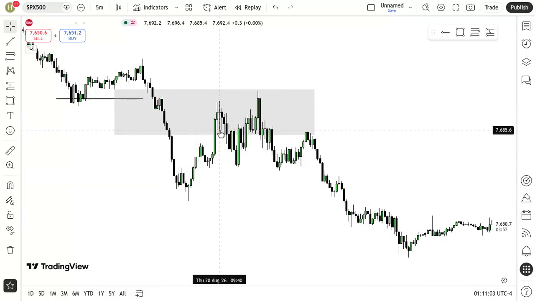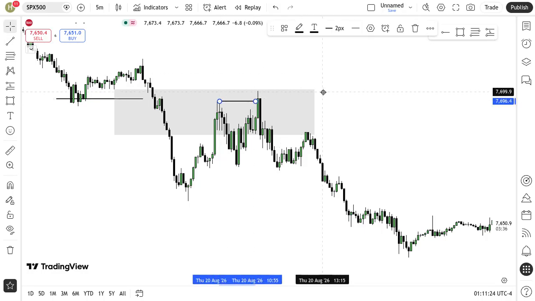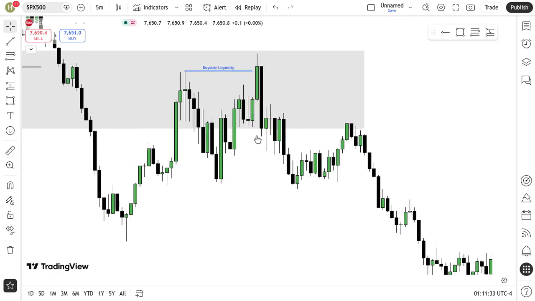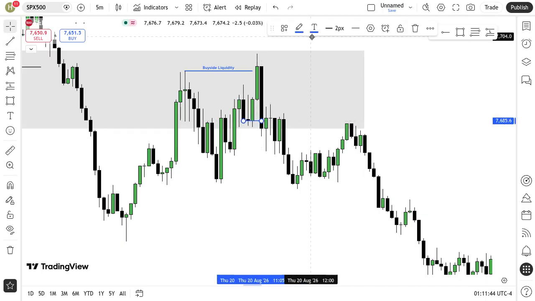So if you look here, price first comes up into this fair value gap, it comes down, it breaks this low, but there is no fair value gap that broke that low, so there's currently no setup at this point. Price goes and takes out this high, which is also buy side liquidity, and you see price makes a new low. So if we zoom in right here, we can see we have this low here, we have this high here, and then with this black candle we break this low. So we now have a market structure shift,